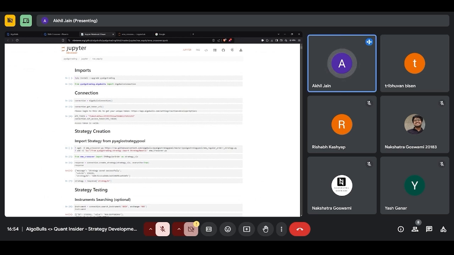So the assumption is that you have this Jupyter notebook downloaded on your machine, and what you do is create a blank text file and add your strategy code inside that. Now here I'm importing from strategy pool. That's why I'm doing a wget from my GitHub repo, and then I'm using it. But in your case, you should be able to directly use it.